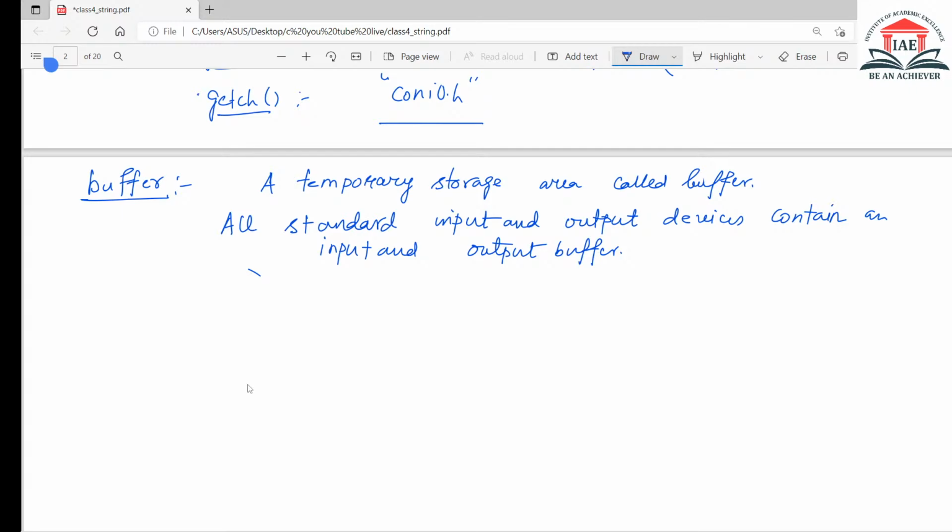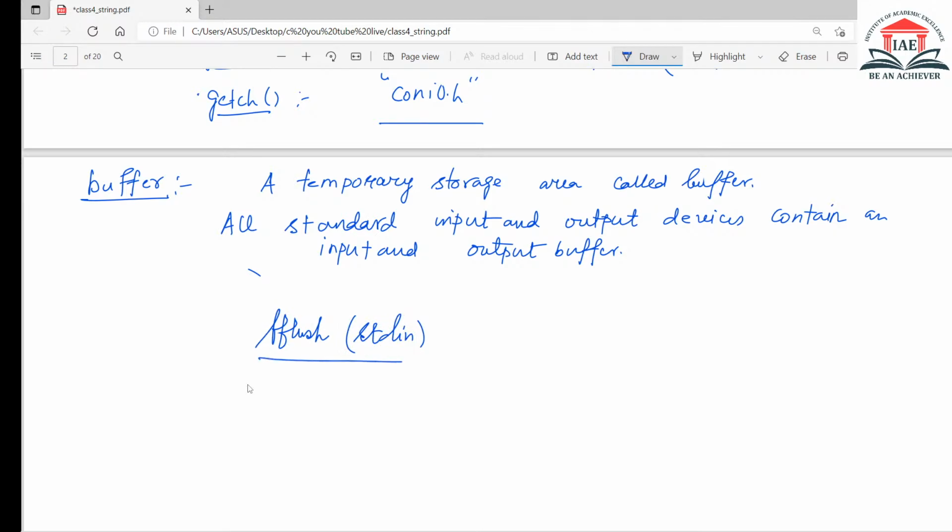Otherwise the desired input is occupied by the buffer of the previous variable, and that is of course not desired. All standard input and output devices contain an input and output buffer, so it is always better that we clear the buffer, and you can clear the buffer by using flush